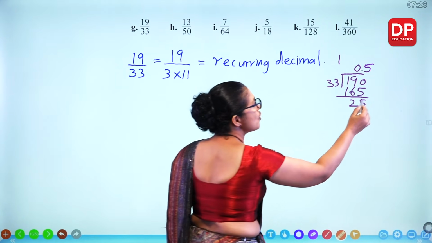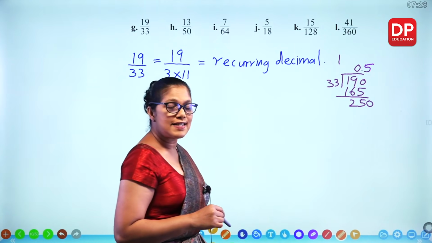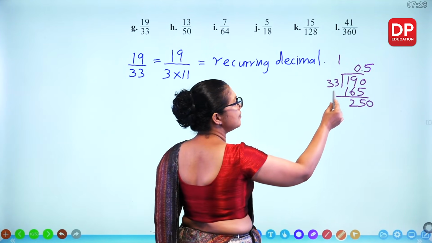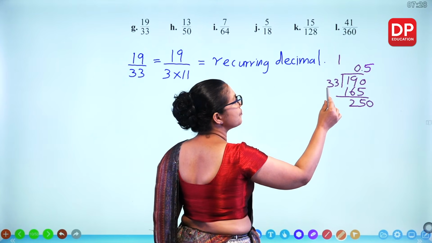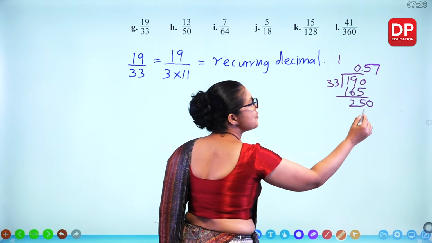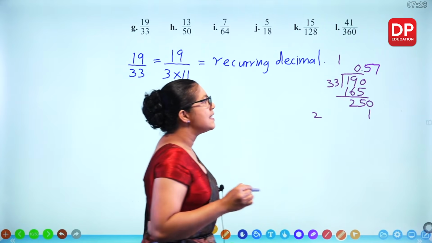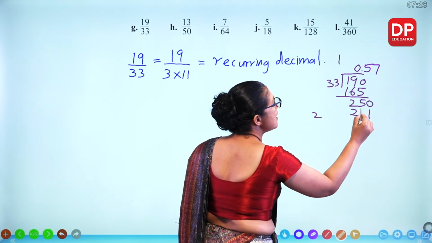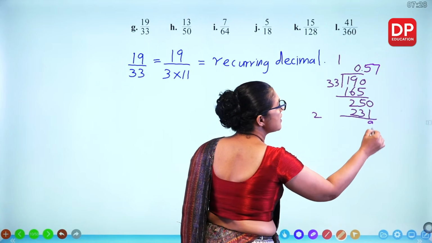25. Then for 250, how many 33s are there? Multiply by 7, you get less than 250. 7 times 3, 21. 2 remaining. 7 times 3, 21 plus 2, 23. Now subtract